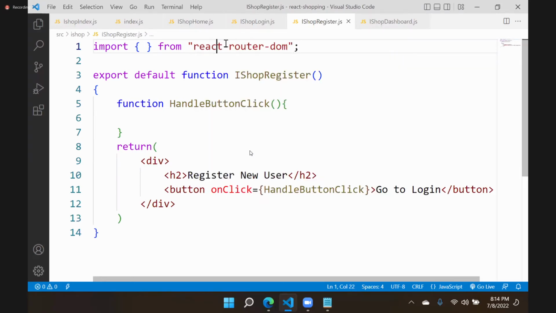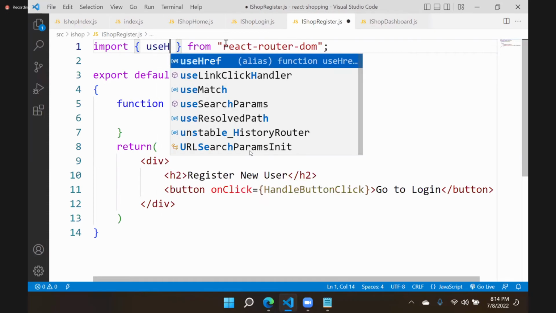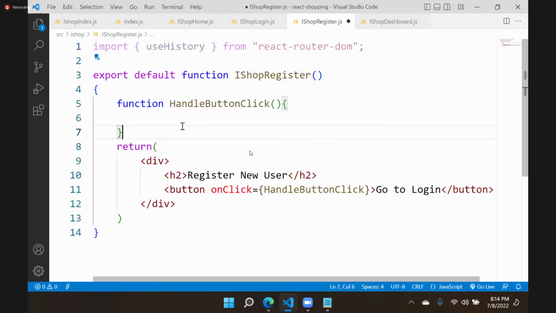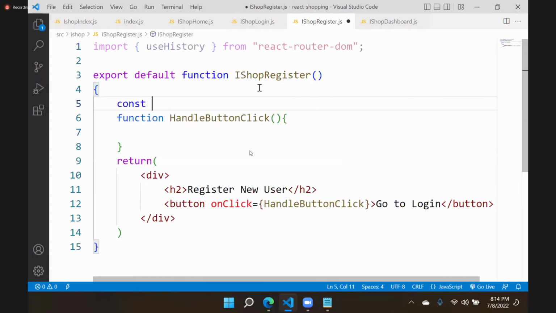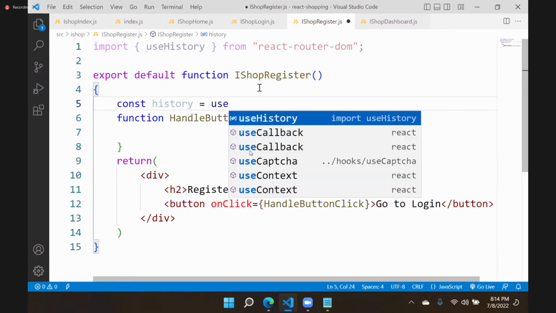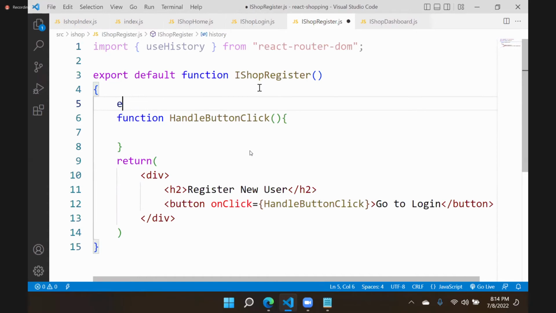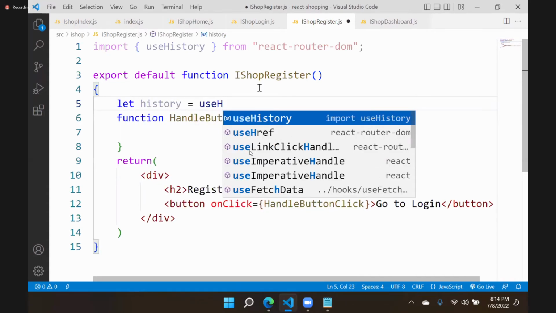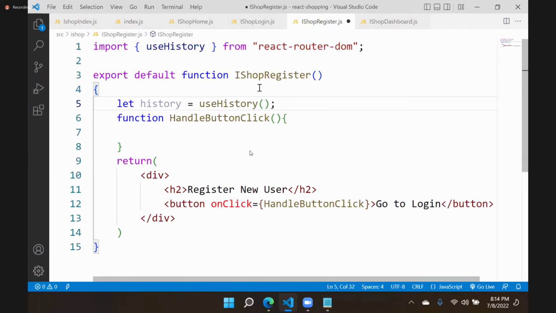We have a hook called useHistory. useHistory is a hook. Now, in this function, we are creating a constant, history equal to useHistory. So I am just creating a variable, let history equal to useHistory. This history hook can be used on button click, history dot